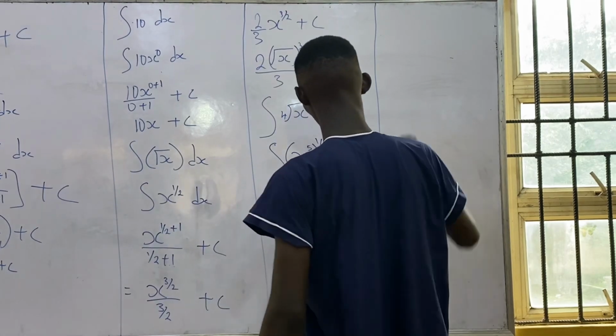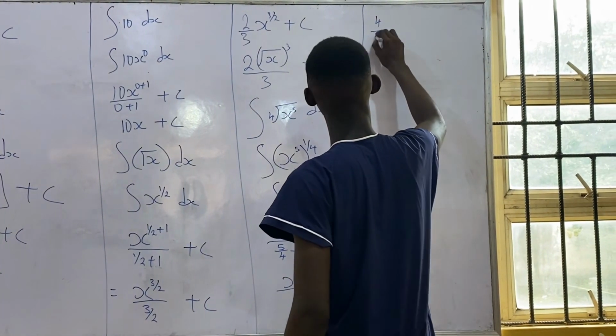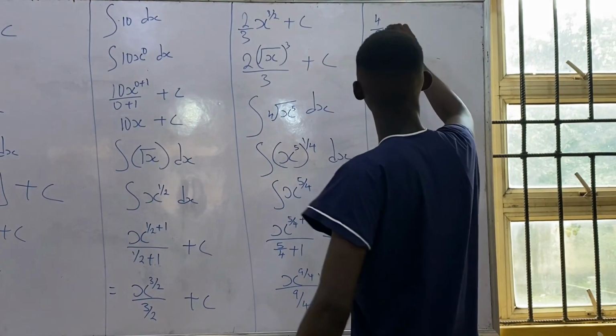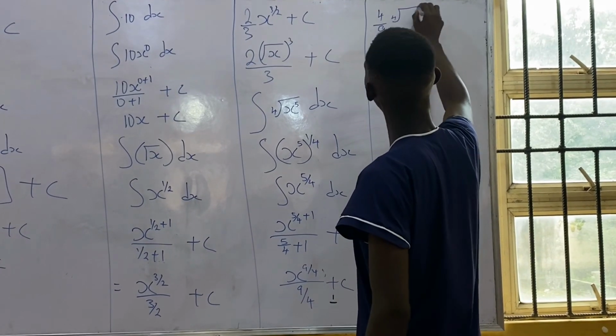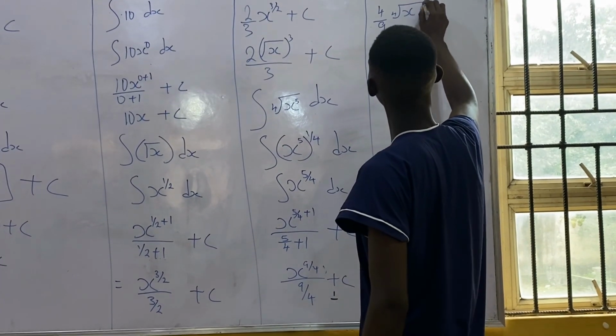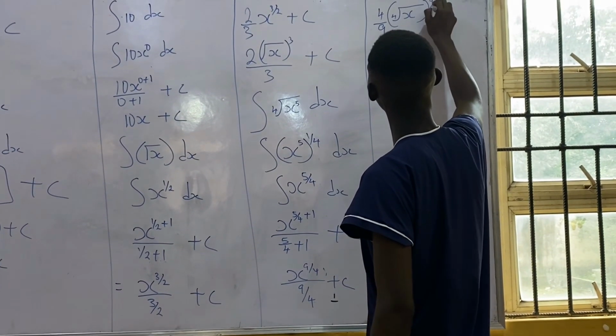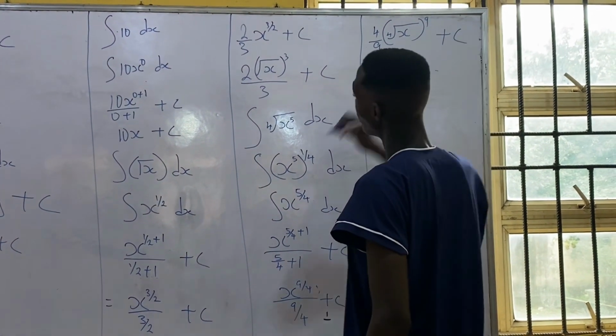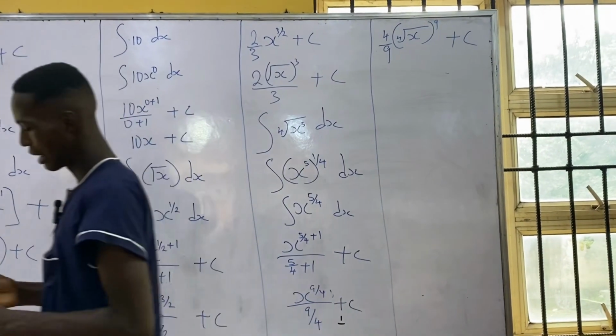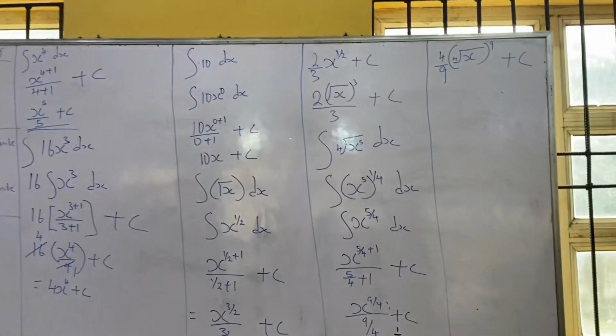Then our total answer is what? 4 over 9, then into the fourth root of what? X to the power of what? Either I can do it this way, to the power of 9. Then you add our constants to it. That's our final answer. Now you guys can take down this question